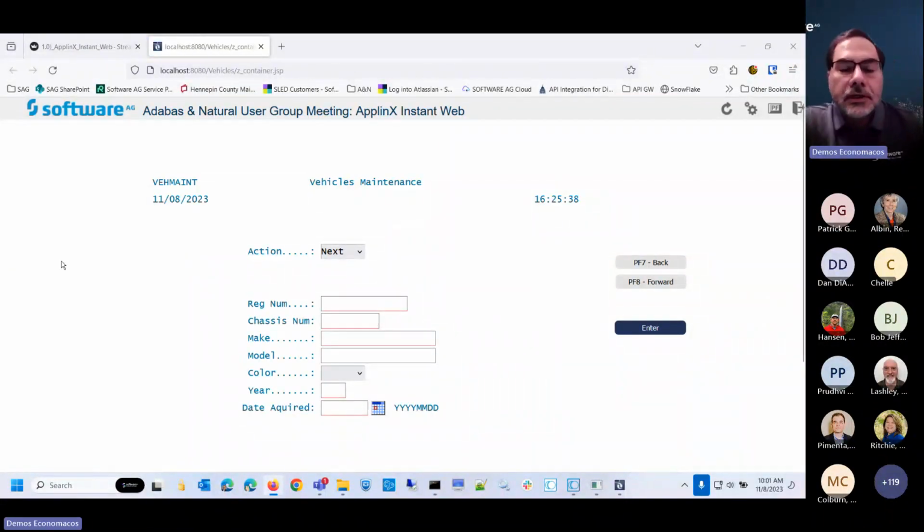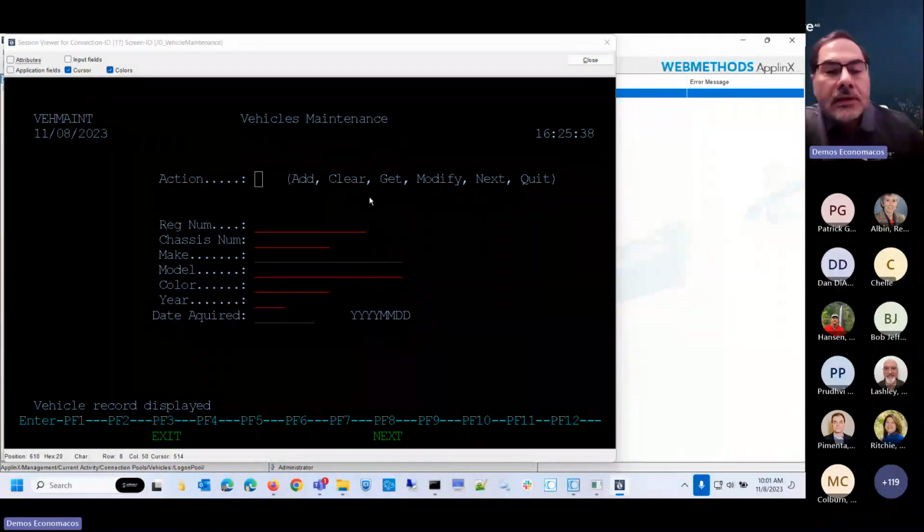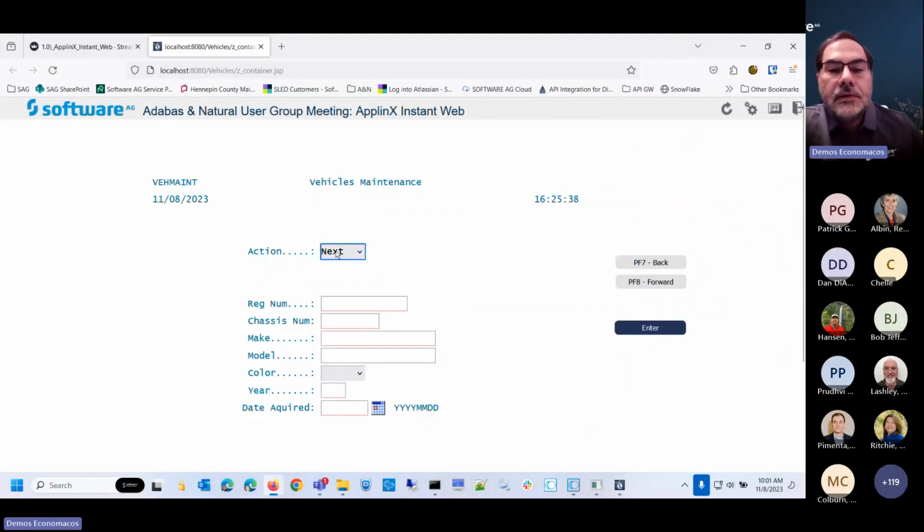This is my green screen, and I'll show you what it looks like on the mainframe. This is the same green screen that I'm communicating with. We have an AppLink server that is monitoring the communications. So right now, the mainframe thinks I'm just a user that's waiting for information. So you can see I have add, clear, get, delete, and all these kinds of actions. And if we go back to our application, you can see I've converted those into a drop down. I have a date